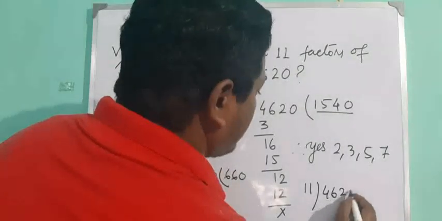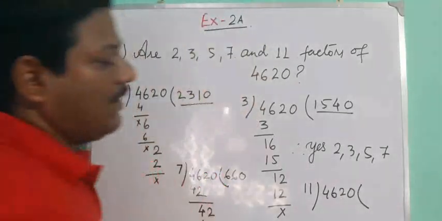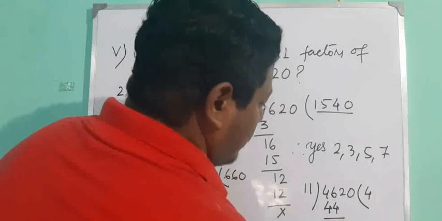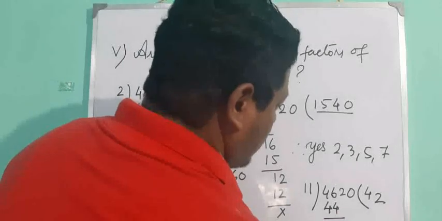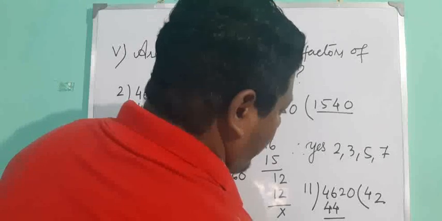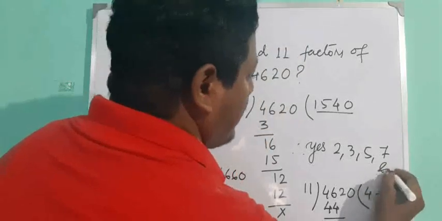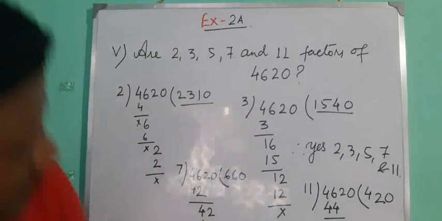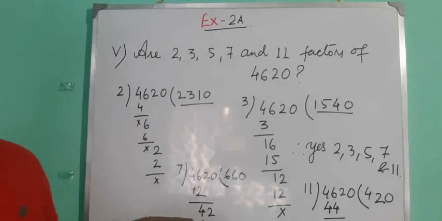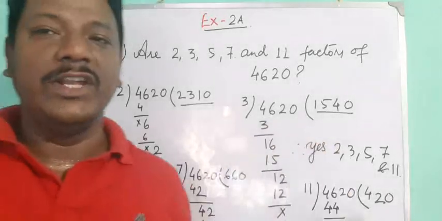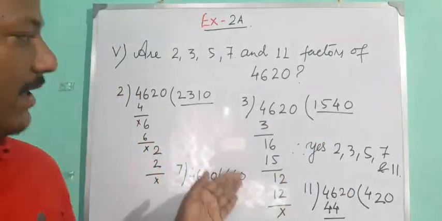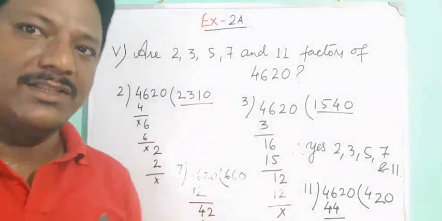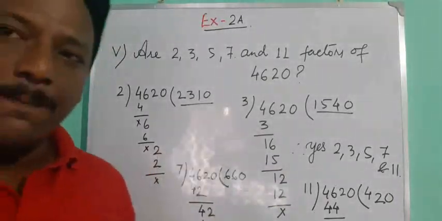4, 6, 2, 0. 11 4 times, 2, of course it will go 2 times. So, and 11. So, here you can do this in the fair side. Okay, this working, don't do it in the rough column. You do this fair working in a fair side. Okay, this is the working that you need to show in your maths copy.